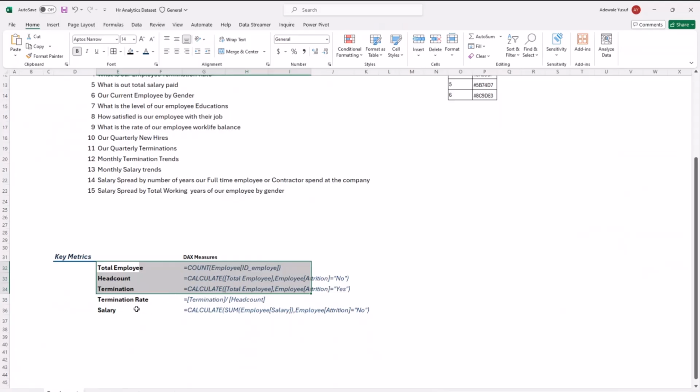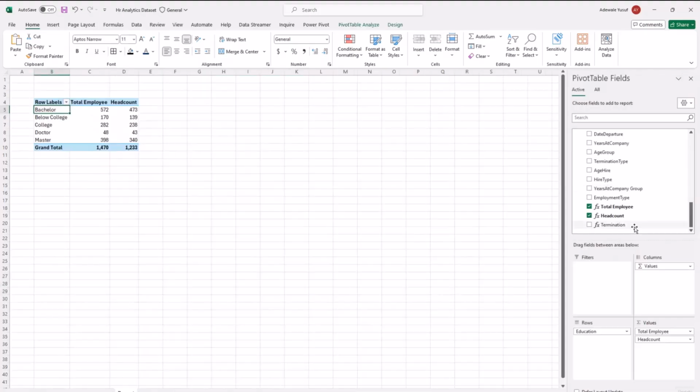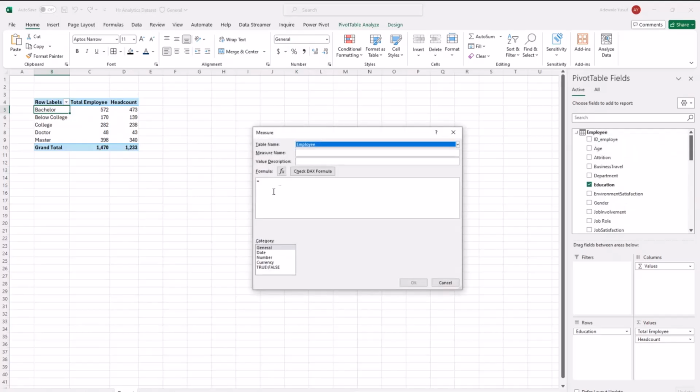So another thing we need to do is now the termination rate. So termination rate is basically your termination divided by your head count, and that's straightforward, right? That's very, very straightforward. So what I will do again is go here, right click on my employee, add measure, and I will call this measure termination